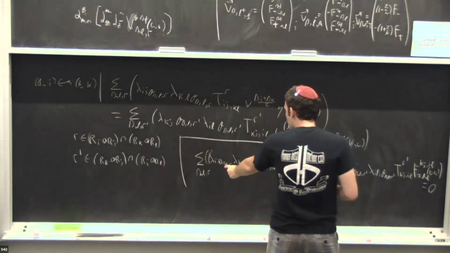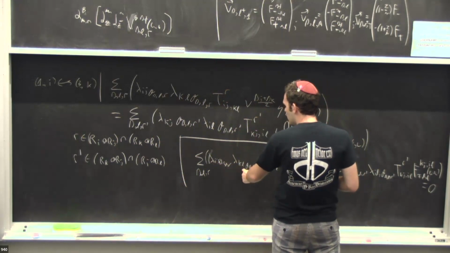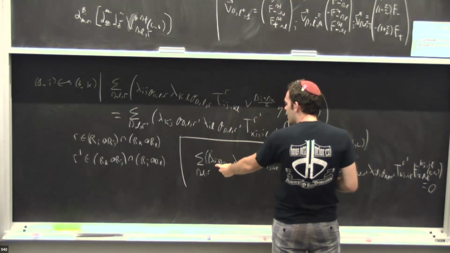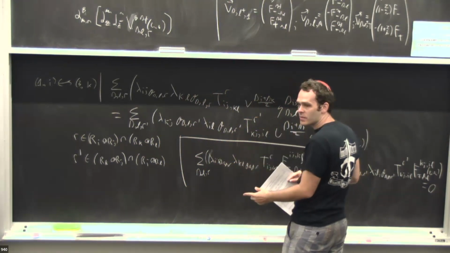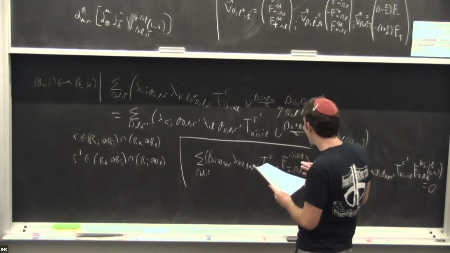Using unitarity, we can assume that the lambdas are real, or maybe they come in complex conjugate pairs. But we can't assume their sign. So this lambda times that lambda, we don't know if it's positive. I mean, it could be negative. And so this is why, to take this into account,